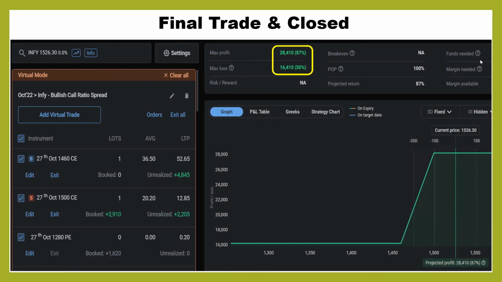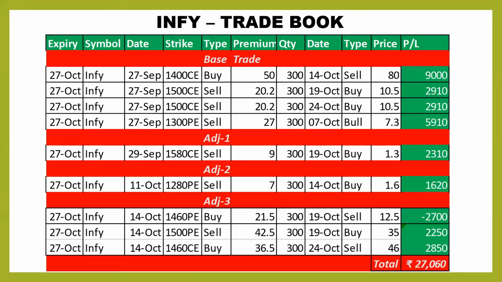So in order to hold this strategy till the last week of the expiry, I made all these adjustments timely, which made me comfortable to hold for a longer time. So finally, I was holding this just like a bull call spread. This is the trade book. You can pause the screen and go through each and every leg and date, and also what were adjustment 1, adjustment 2, adjustment 3. Finally, I closed with 27,060 rupees, which in terms of return is a huge 25% or even more than that. This is the beauty of